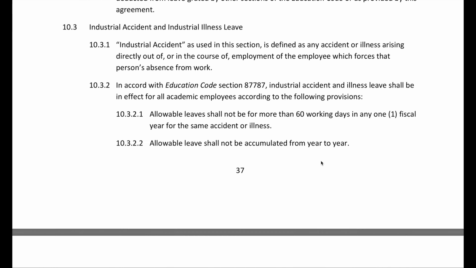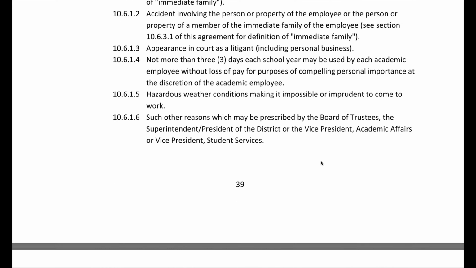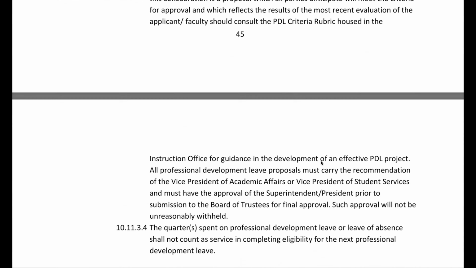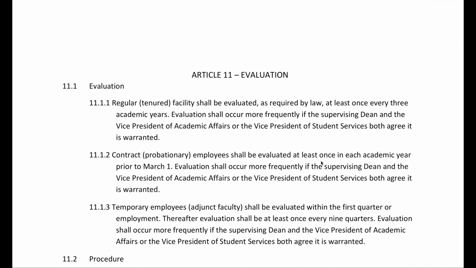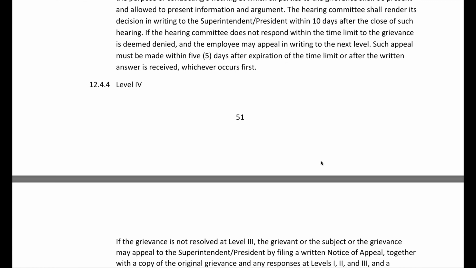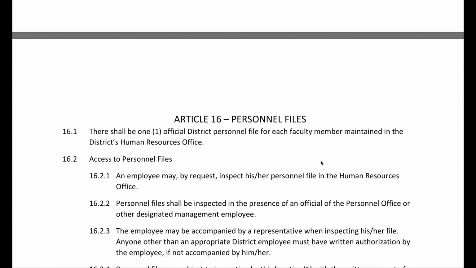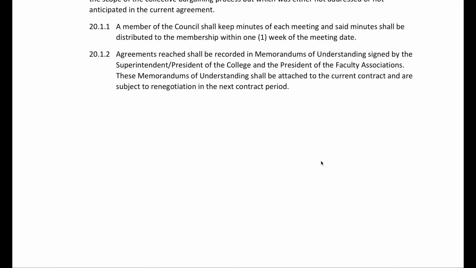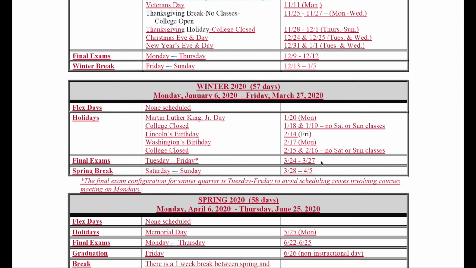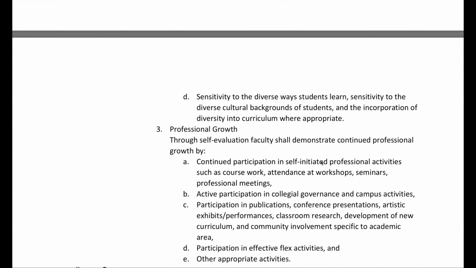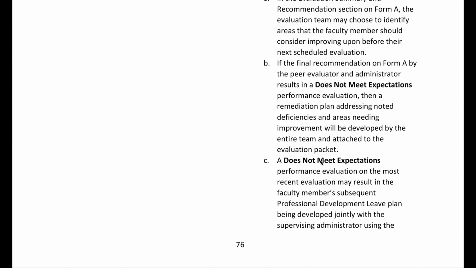I'm not going to go through it in any depth, but there's an index here, a table of contents, and you can scroll all the way to the bottom and see it's pretty lengthy. So it's over 100 pages, and the reason for that is we have all our faculty schedules, we have all our agreements that have been signed, anything that's been changed in terms of evaluation processes and so forth, that is also indicated on here. Our calendar, which is an item negotiated both by the association and the academic senate, is included here.